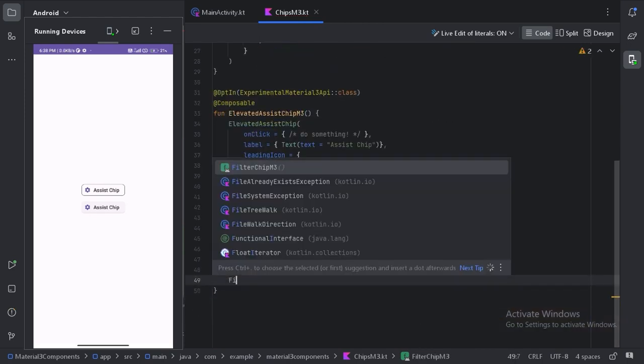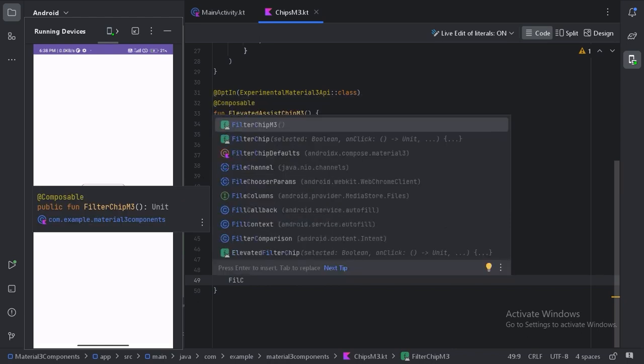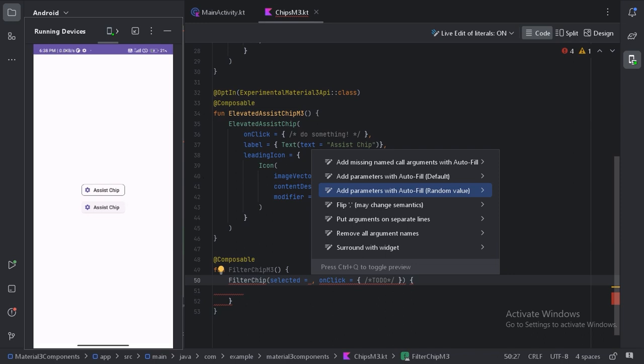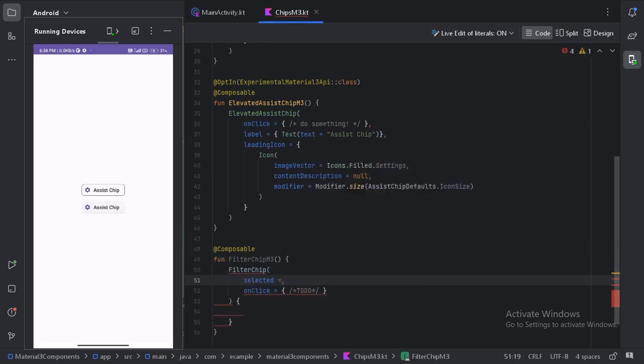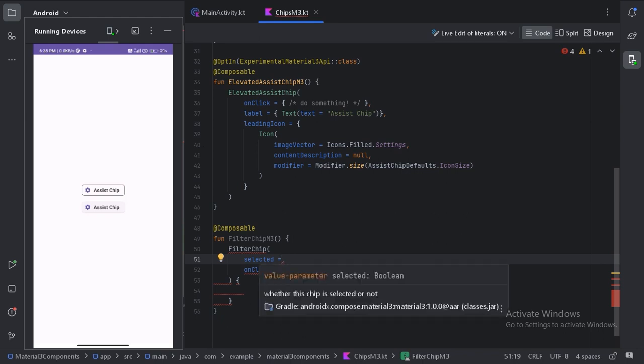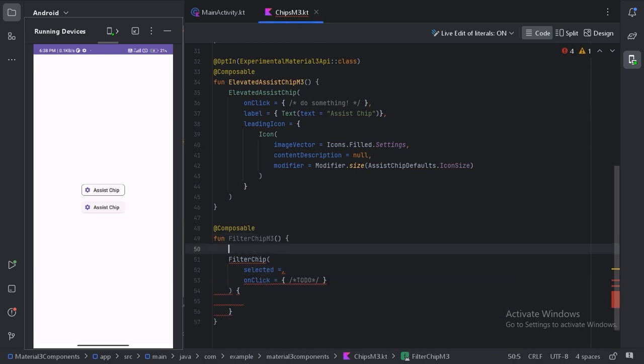So here let's use that FilterChip composable function which comes with Material 3 and put these arguments on separate lines. So here we can see we need to provide the state whether this filter chip is selected or not. So let's create a state here.